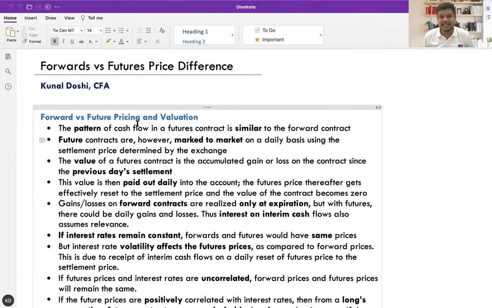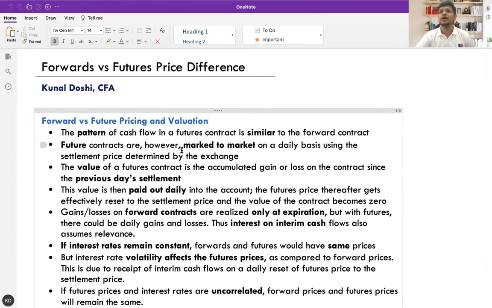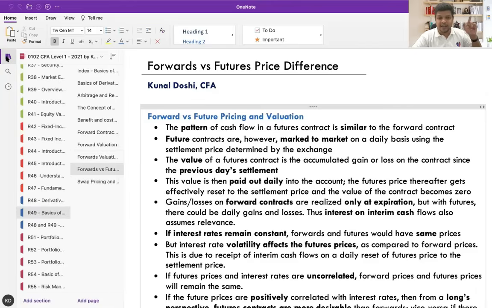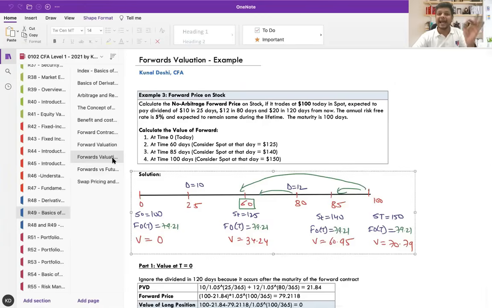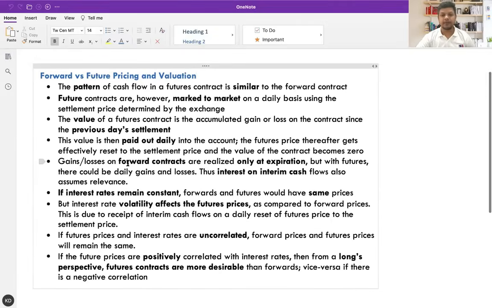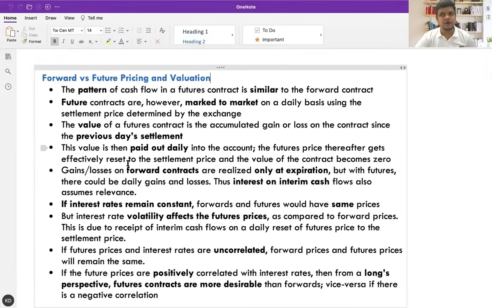Now, is there a difference between the pricing of forward and future? Well, not exactly. They both are the same. The only difference is due to some factors where the rules of the exchange come into play in the futures market. Whatever valuation and pricing you did here is exactly the same whether it's a forward or future. We don't have a separate pricing for forward and a separate for future. There are only some differences which we are going to see. What are those? Mostly they are related with the